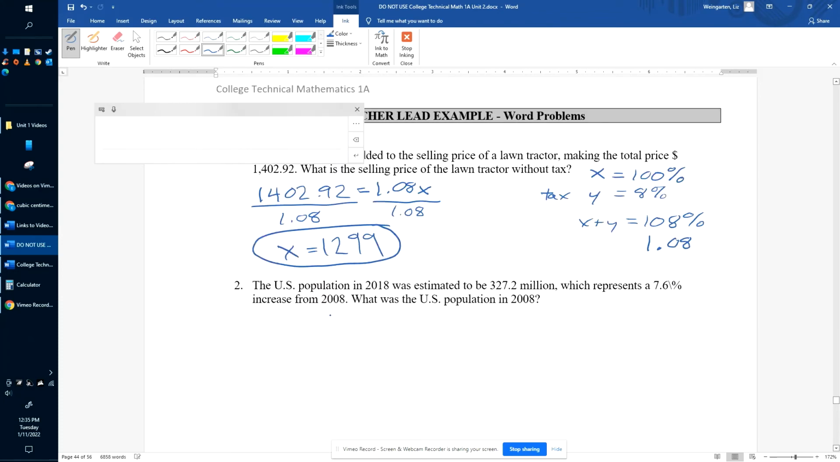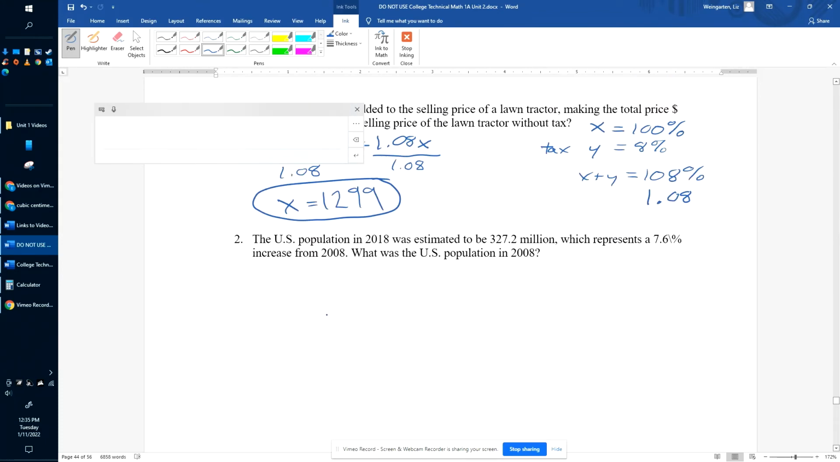Let's use similar logic to do the next problem. U.S. population in 2018 was estimated to be about 327.2 million, which represents a 7.6% increase from 2008. What was the U.S. population in 2008? So the population in 2008 is going to be our 100%, and we don't know what it is. Our population in 2018